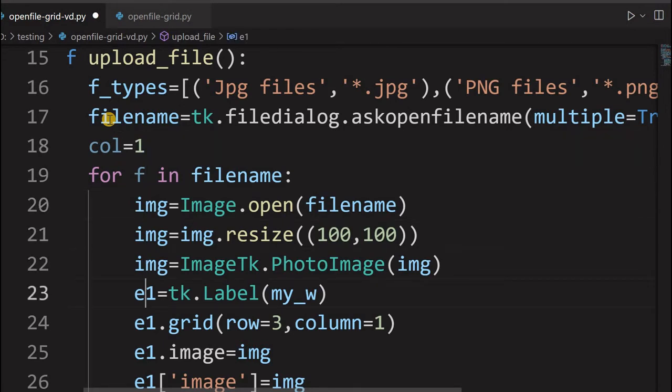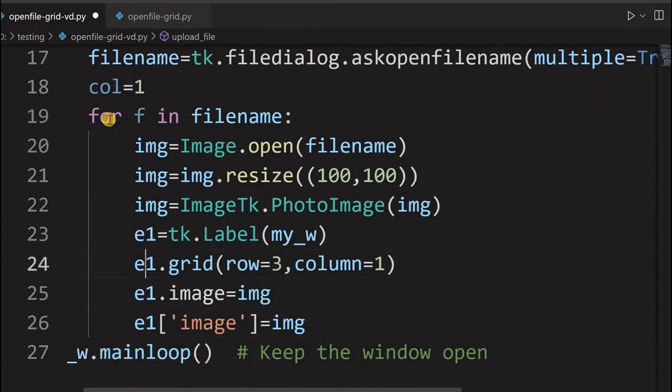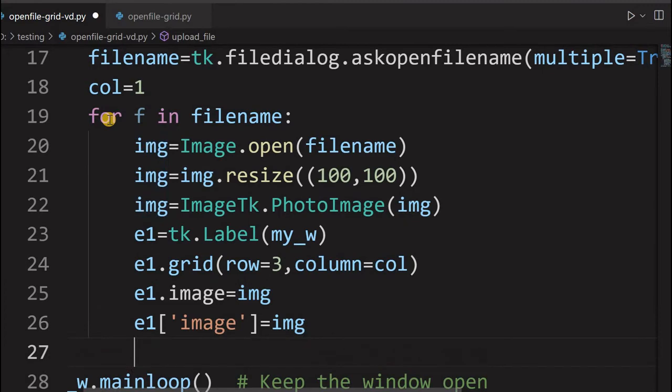We'll realize that, then we'll add the row also. Instead of directly using column here, I am using a variable. Now here I will increase the col by 1, equal to col plus 1. So the next image column will be one more, so 2 it will be. First time it is 1, next time it will be 2, next time it will be 3, like that. So I will be placing the images to the right of it.